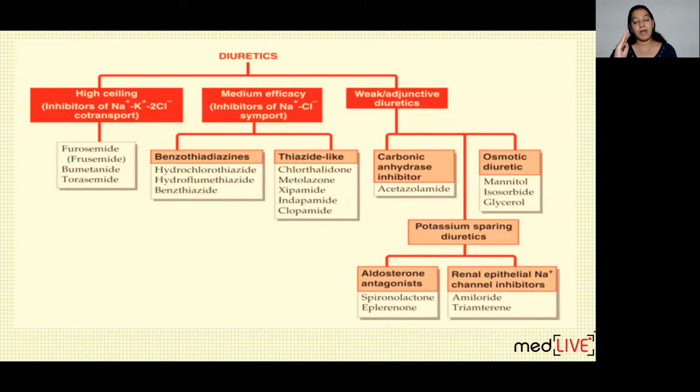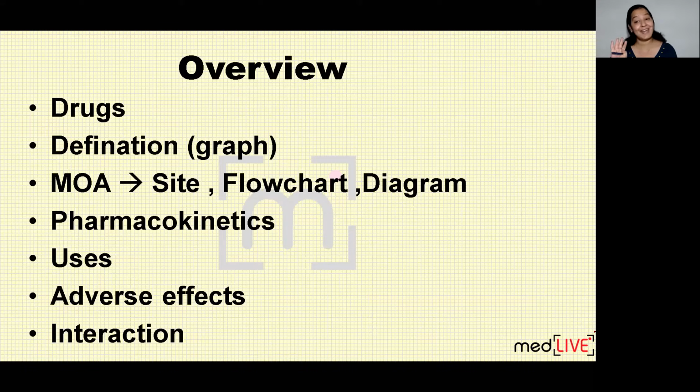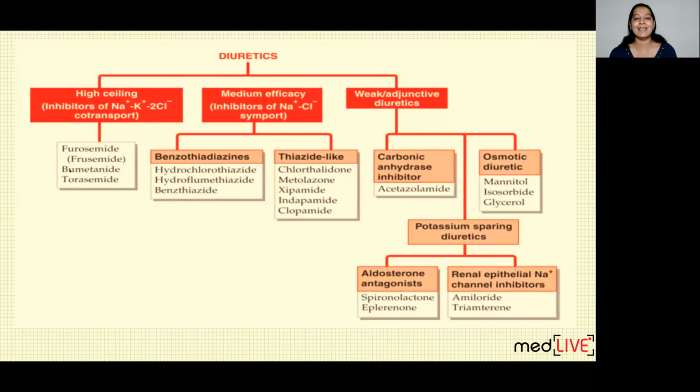Now I will take one by one all the 3 main or 5 main classes and explain these diuretics under the following headings. The headings must be common. First tell the drugs, all the drugs in that class. Then tell the definition, why loop diuretics are known as loop diuretics. You must tell the reason. Why medium efficacy are known as medium efficacy. Then the most important is mode of action. Then pharmacokinetics of the prototype drug. Then uses, adverse effects and interactions. All the drugs in pharmacology must be described in these headings only, so you will be able to write in your exams easily.